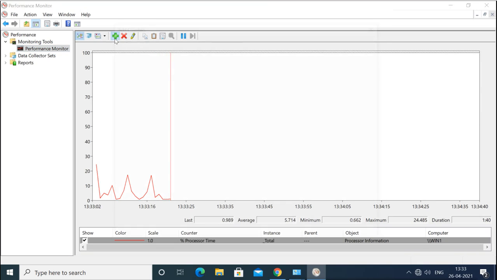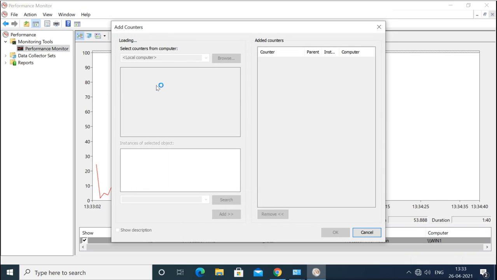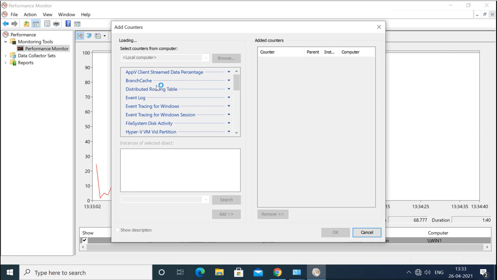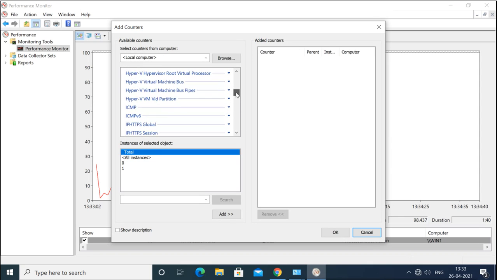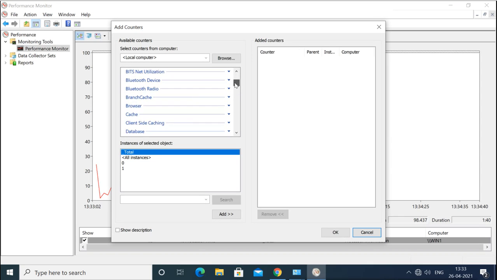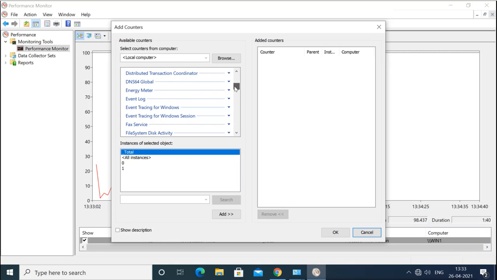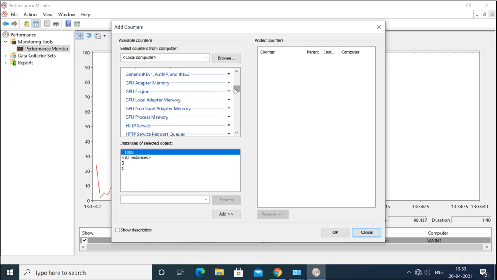Now other counters are like, you can add to monitor the RAM. You can see all these counters here, available counters. So you can decide which counter you want to see. Like for example, I want to see about the processor, GPU.